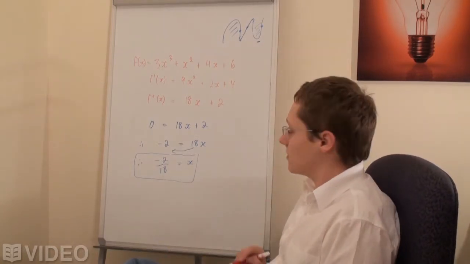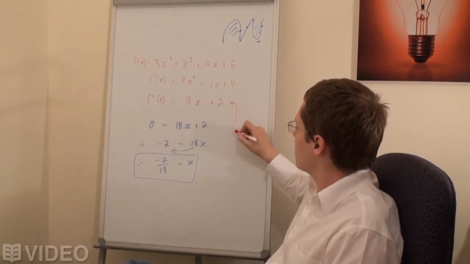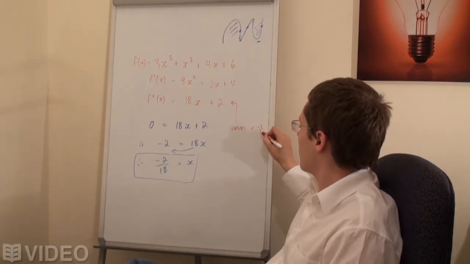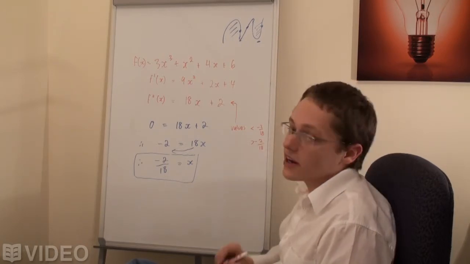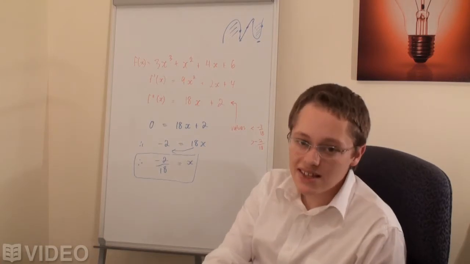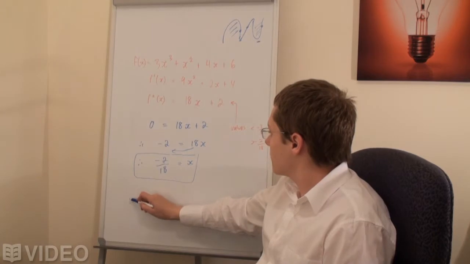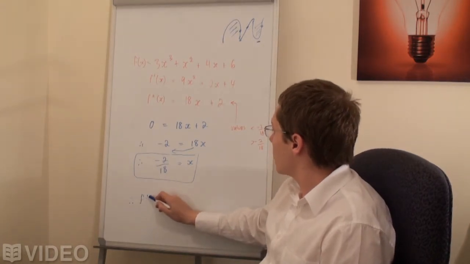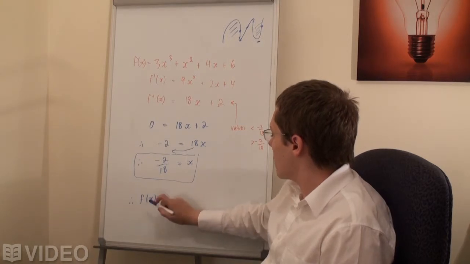So what we do is simple. We plug in values less than negative 2 on 18 and values greater than negative 2 on 18. It's as simple as that. Try and pick ones that are easy for the arithmetic to do. So, we plug them into the function f prime prime of x,